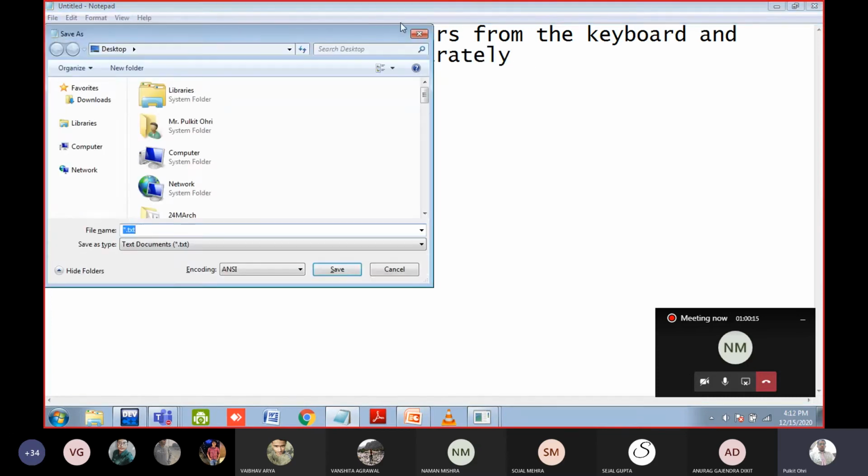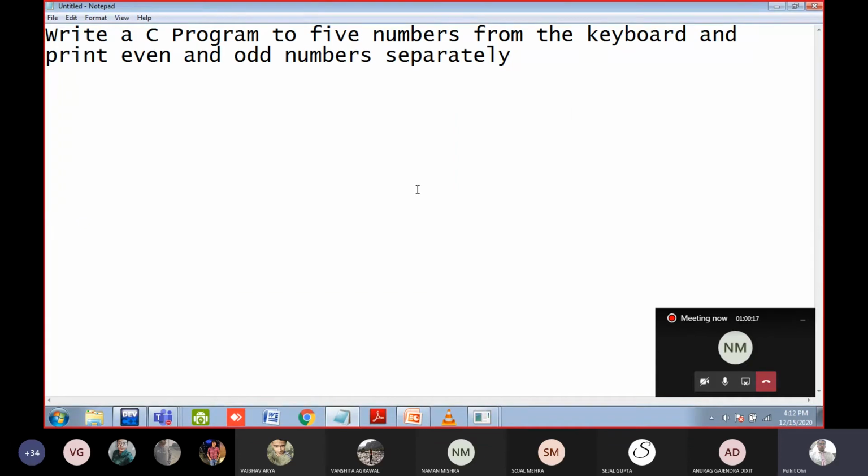You will read 5 numbers from the keyboard. Let us suppose if the user entered 100, 200, 101, whatever. Okay, so you will print these are the even numbers and these are the odd numbers. At one place you will print. For example, let us suppose the user entered 10, 5, 4, 2 and 1.